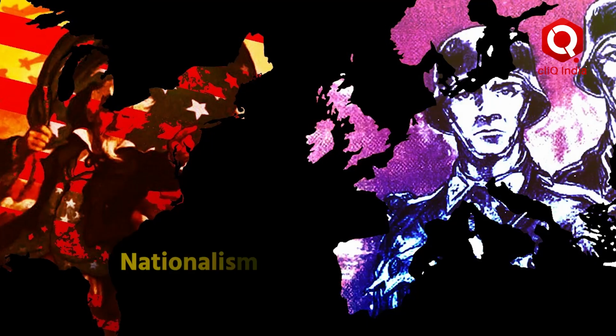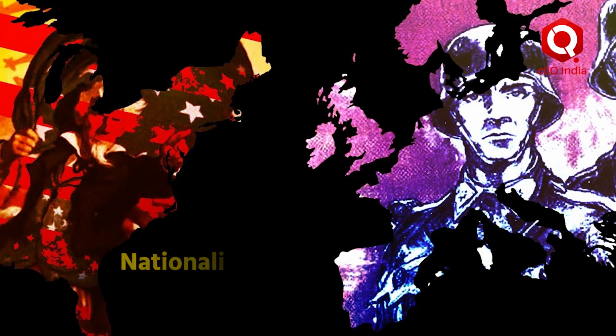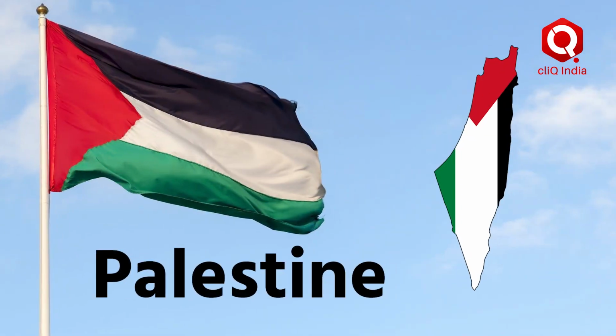At that time, intellectuals began bringing the idea of nationalism from Europe and America. The idea of nationalism began to propagate that every group of people should have their own nation state. So the Palestinians began getting the idea, but very slowly. Whereas in Europe, a large number of Jews began getting the idea of nationalism and that all the Jews should have one state of their own.